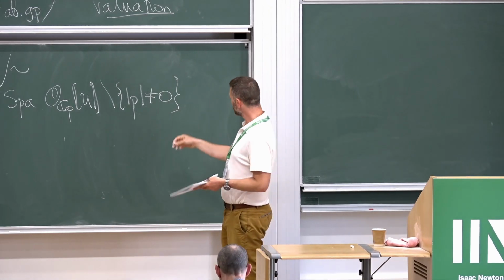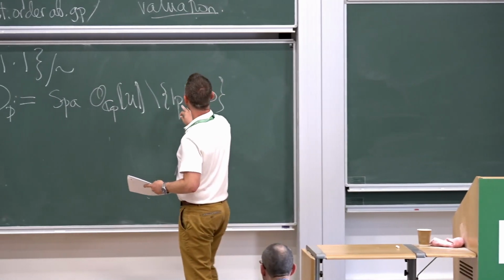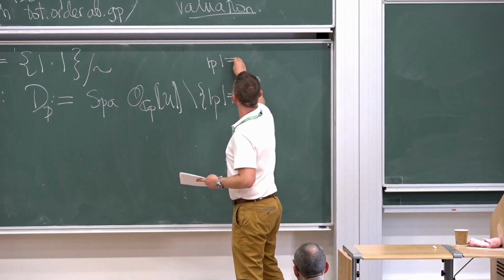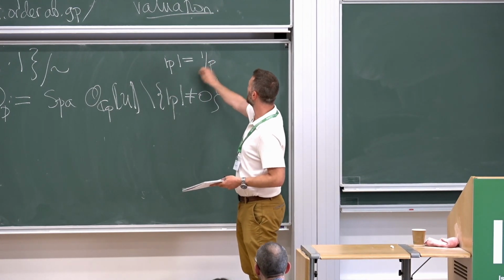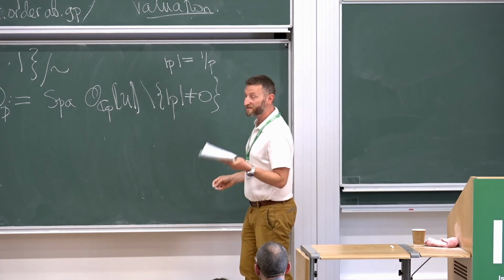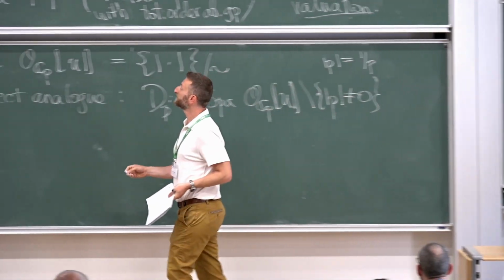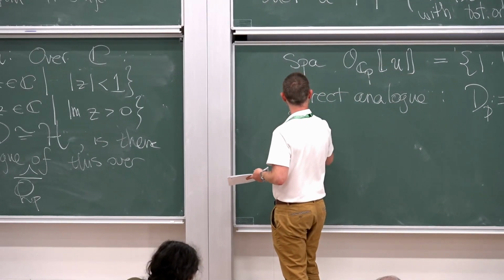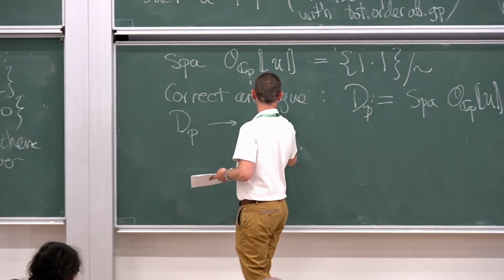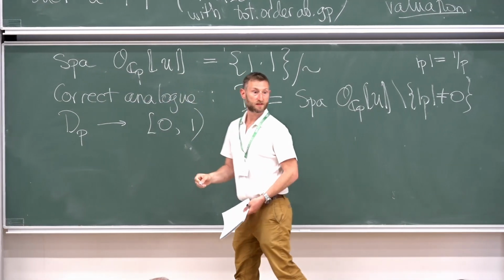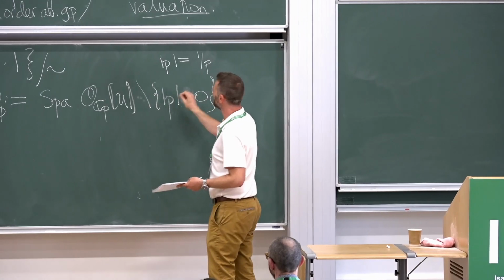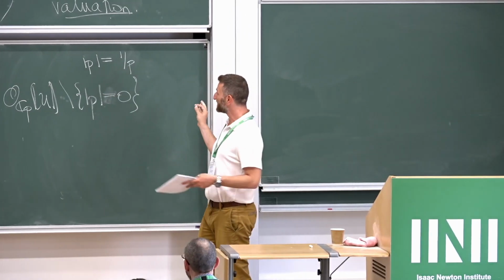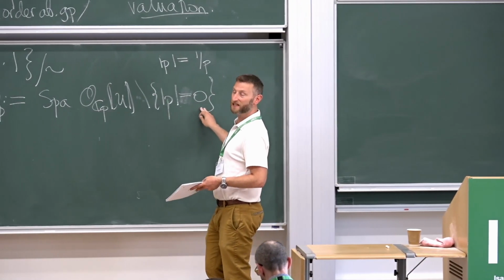They have to be continuous valuations. If you want, you can think of the absolute value of p as being, as it usually is in p-adic analysis, 1 over p. And if you fix it that way, then something cool happens that you would expect to happen. There really is a map from D_p. Do you want to exclude the ones where p is non-zero or 0? Oh gosh, yeah, thank you. Yeah, you have to throw away the ones that think that p is equal to 0.